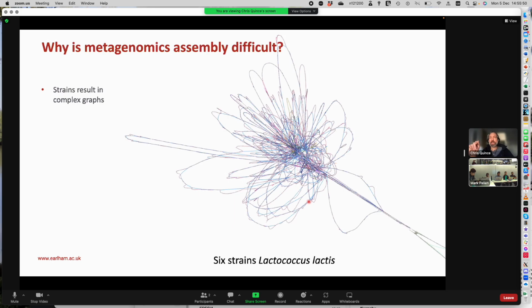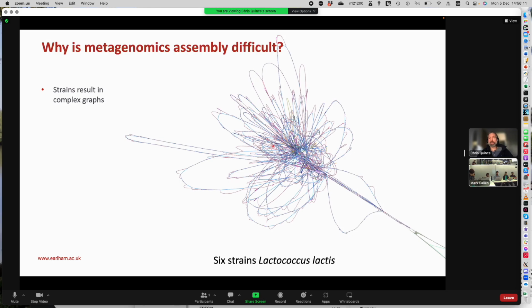The reason why metagenomics assembly is so difficult is because of strain assembly. So here, this isn't real data, it's synthetic data. This is the assembly graph produced when you try to assemble 6 strains of Lactococcus lactis at the same time. So you can actually see